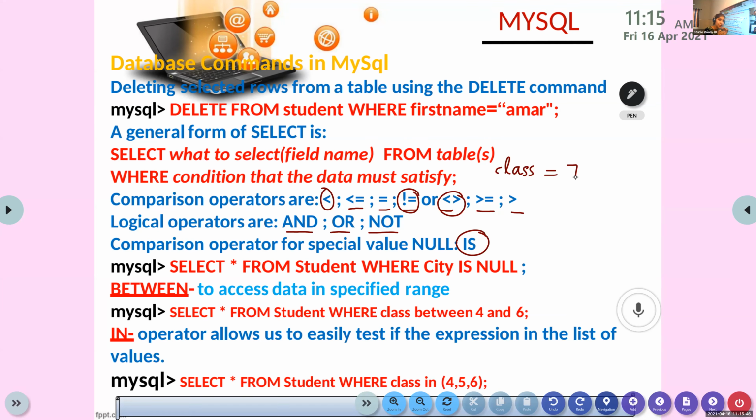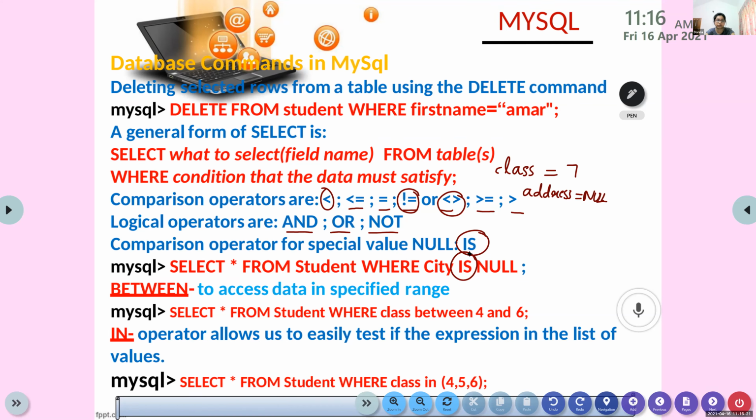If they have empty values in that particular column, you can't use where address equal to null. This is wrong. When you want to check for a null value condition, you need to use the operator is. Very, very important. Only for null checking, you need to use is. In all the other cases, you need to use equal to. Okay? Yes, ma'am.